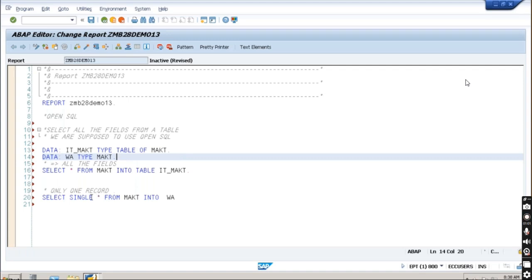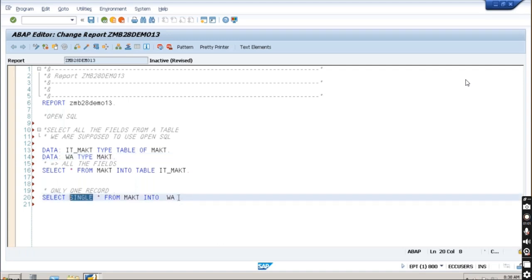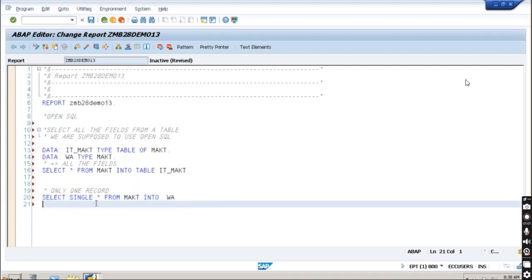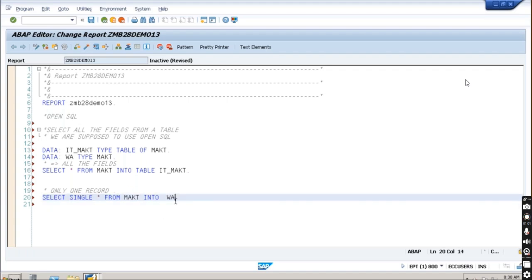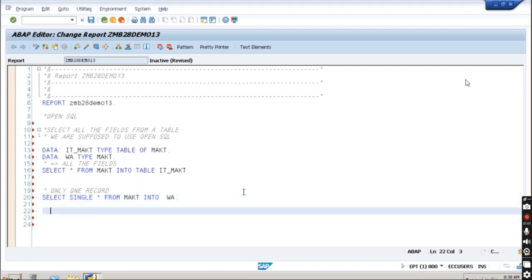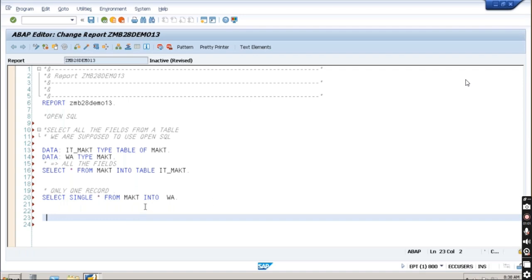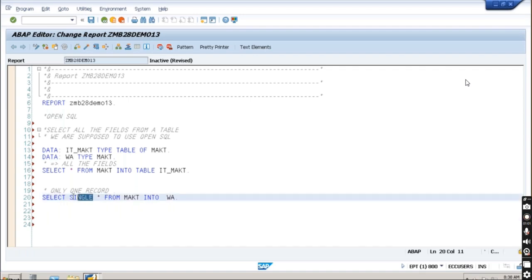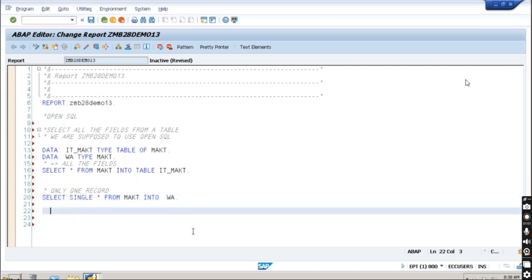So whenever you are going to use the single, you must have to use the work area, because the system will be expecting one record, so why use the table? So you must use the work area. SELECT SINGLE * FROM MAKT INTO WA. Now, whenever you are going to use the single, it is better to use single